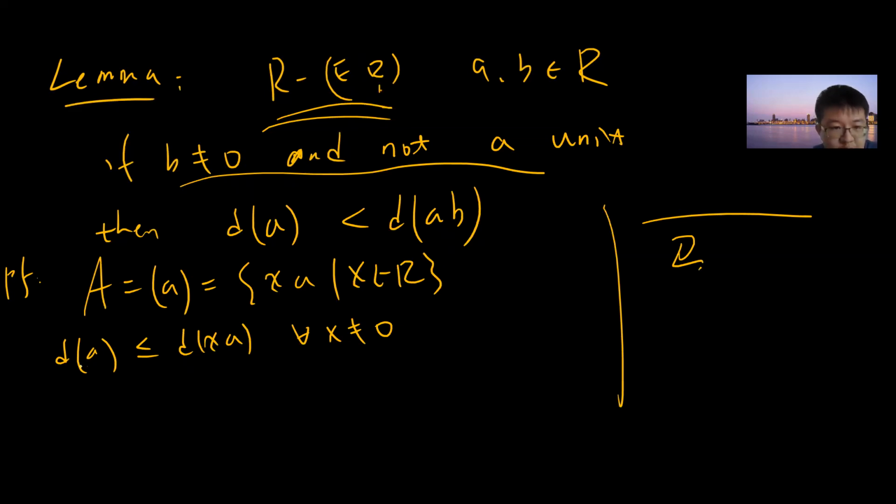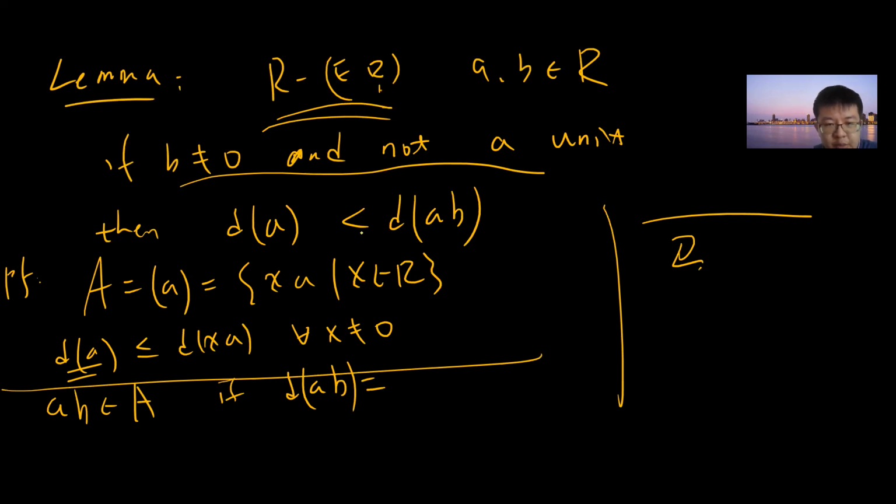So that means D of A is a minimum in A. For any D values, D of A is the minimum, right? So now let's say AB belongs to A, and I want to show that if D of A equals D of AB, then B must be a unit. So if D of AB equals D of A,